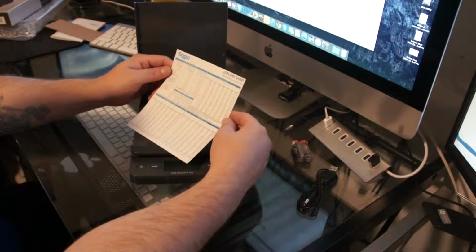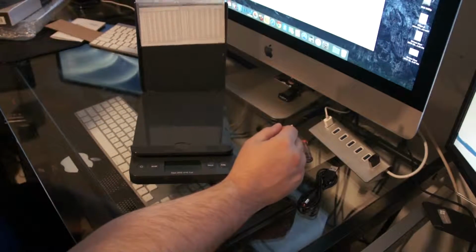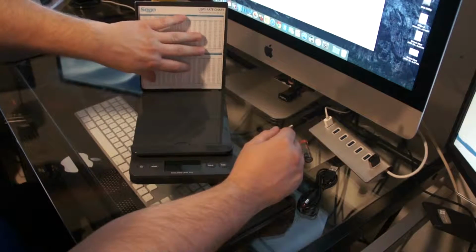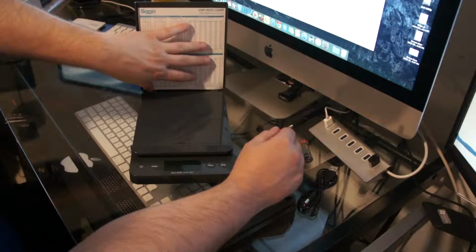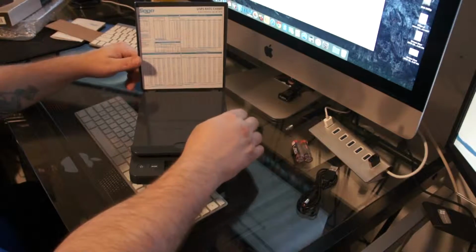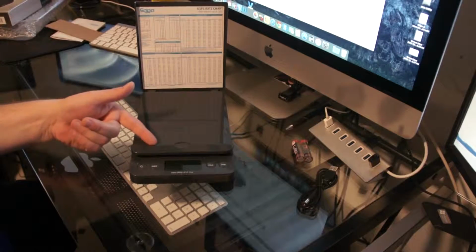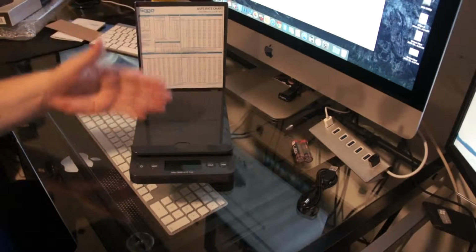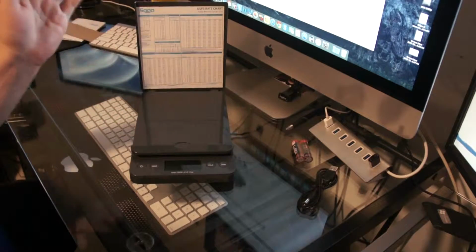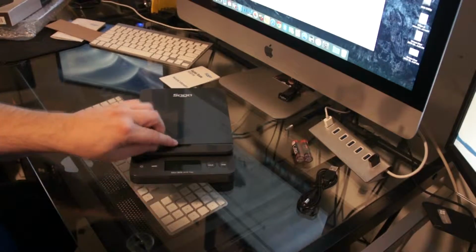So this is a UPS rate chart. That'll come in handy. And that must just stay right in here. So when you're weighing, say for instance you have a parcel, you can lay it down in here and it's got the groove right here. And it allows you to weigh a parcel if it's bigger than your tray. I don't know why they have that, but normally you just lay it down like this and weigh it